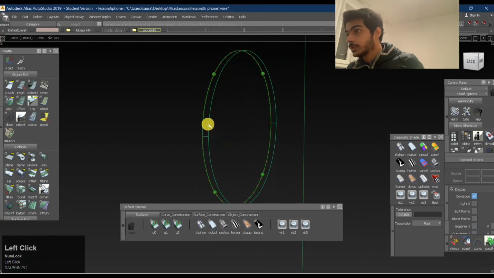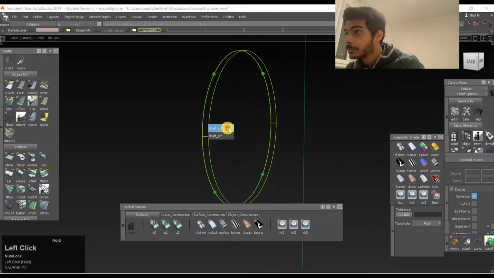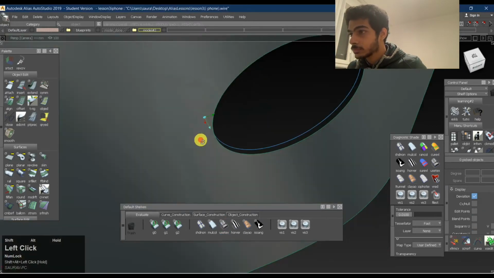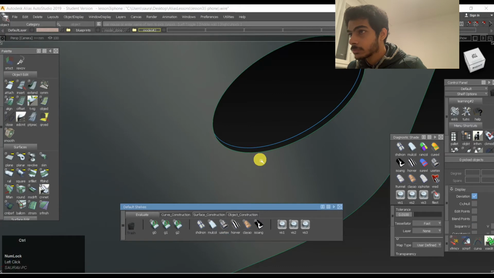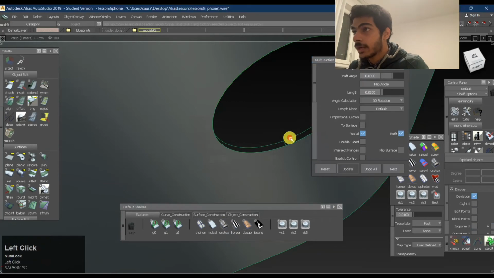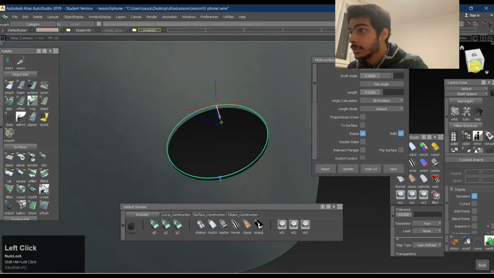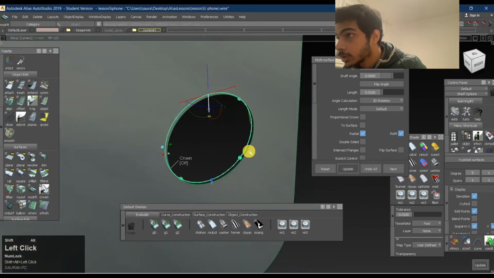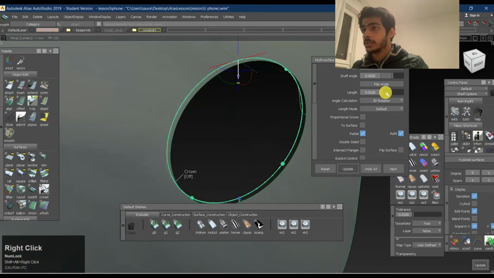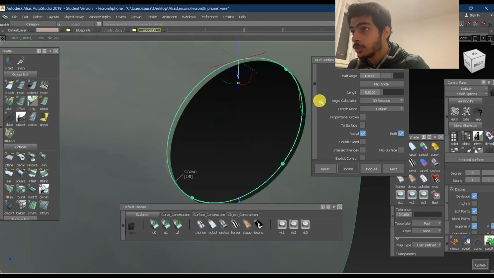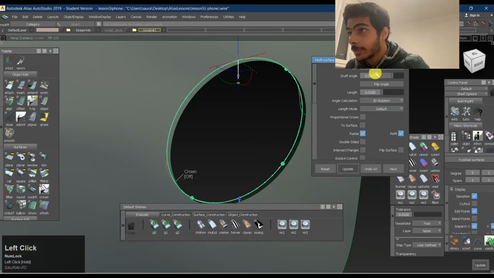So I want to draft all these things inside, right? Hopefully it works. I'm not sure if it's going to work. I saw it somewhere on the net that you can just bring those surfaces down, do it in radial, right? So that's what I'm trying to do.